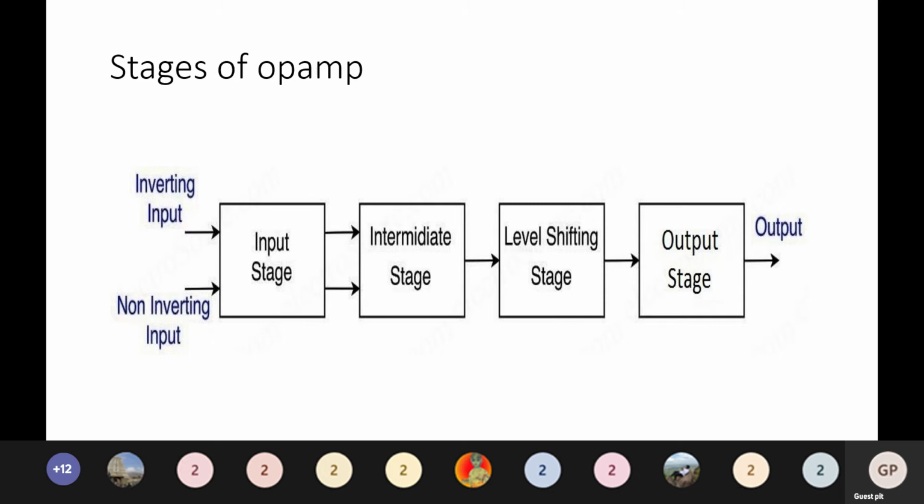And one more thing is it has to provide a symmetrical swing. That is, the sinusoidal signal should have a symmetrical positive and negative half. So to do that, in the output stage, we have complementary symmetry push-pull amplifiers, which will take care of these two purposes. Okay, and that's what we have inside an op-amp. Okay, as I said, it is quite complicated. We are just trying to understand the operation of the op-amp through these four stages.